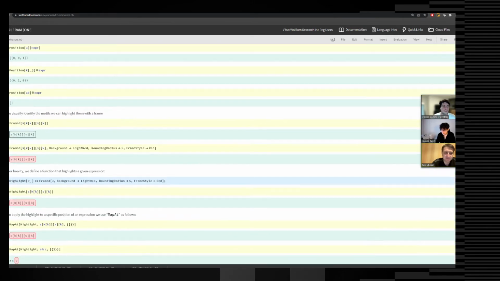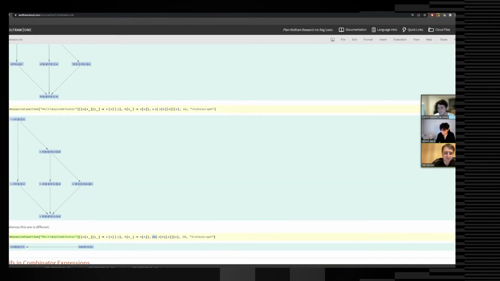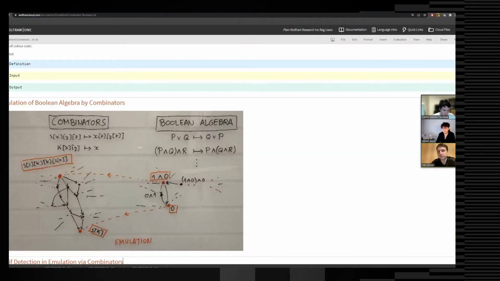Okay. So now the point of this. These are combinators. This is a particular case of a rewrite system, and now we want to think about emulating them. Okay. So this is the conceptual summary of what I think I'm trying to do in this project, and what I think is a sensible thing to do, and the basis for the experiments that we want to run.